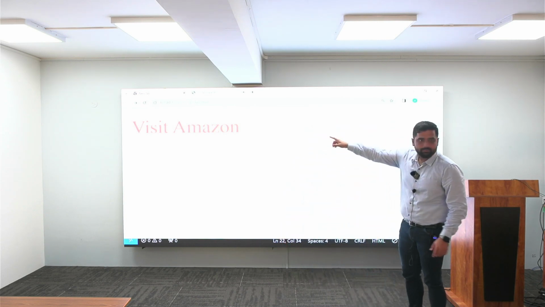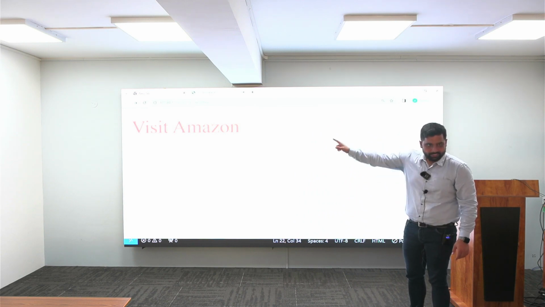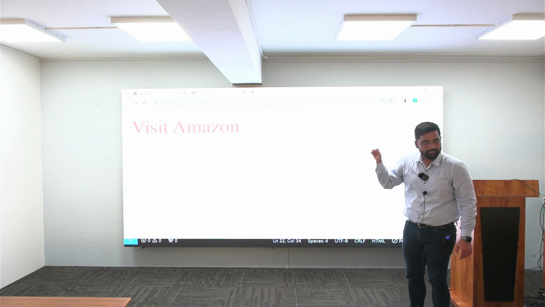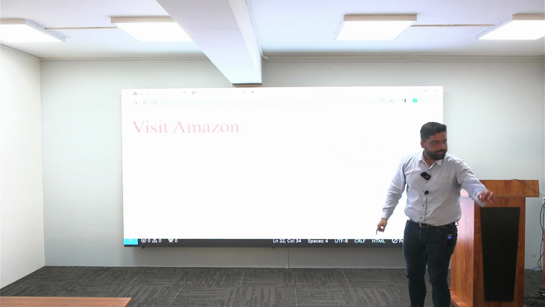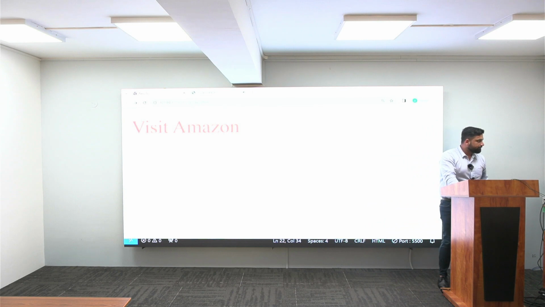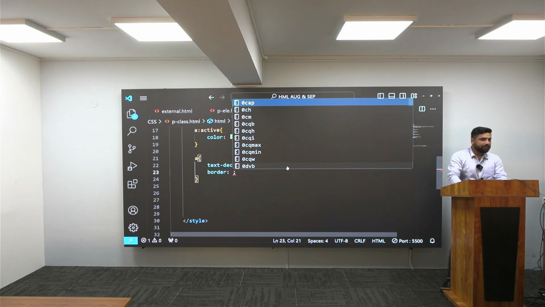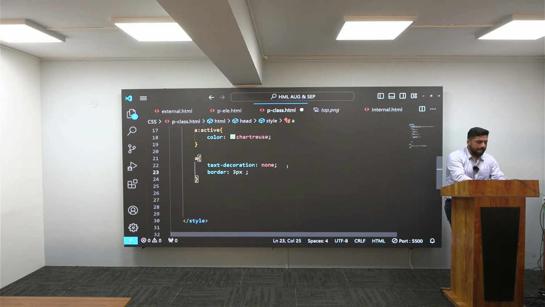Now for this particular content, I wanted one border to be displayed. How can we get a border? We can use the normal border property. So what I will do, I will go to my VS Code. Here only we can use it. Whenever we are giving a border, what are all the things we have to define? First, the thickness or size. Then we have to define its type. Then we have to define its color. So as thickness I will give 3 pixel, as type I will give solid, as color I will give black.